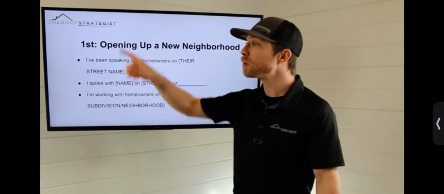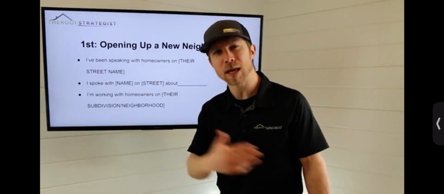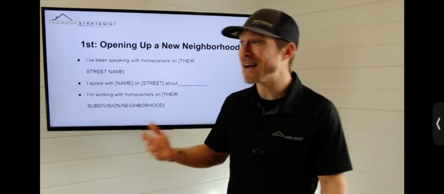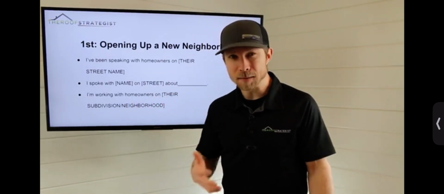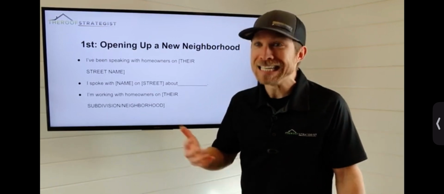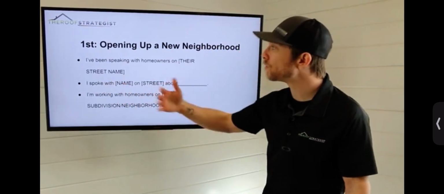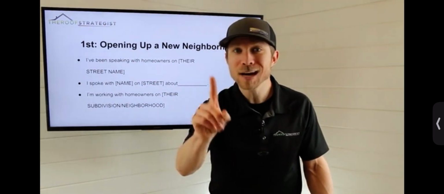Or, I spoke with Peggy on Lexington about her roof and the damage she might have incurred over the last storm, or through this last year, or with the extreme winds, or from the past hurricane, or about her roof because I know her house was built in the 2000s and the roof is nearing replacement needs, right? So we want to again make it familiar, speaking with homeowners. If you talk to one person, you've now spoken with them.